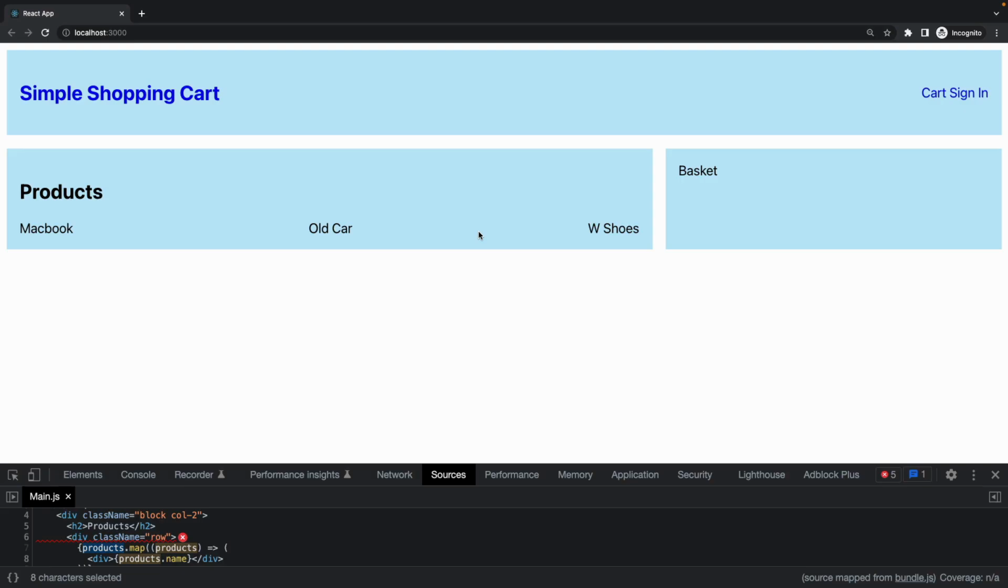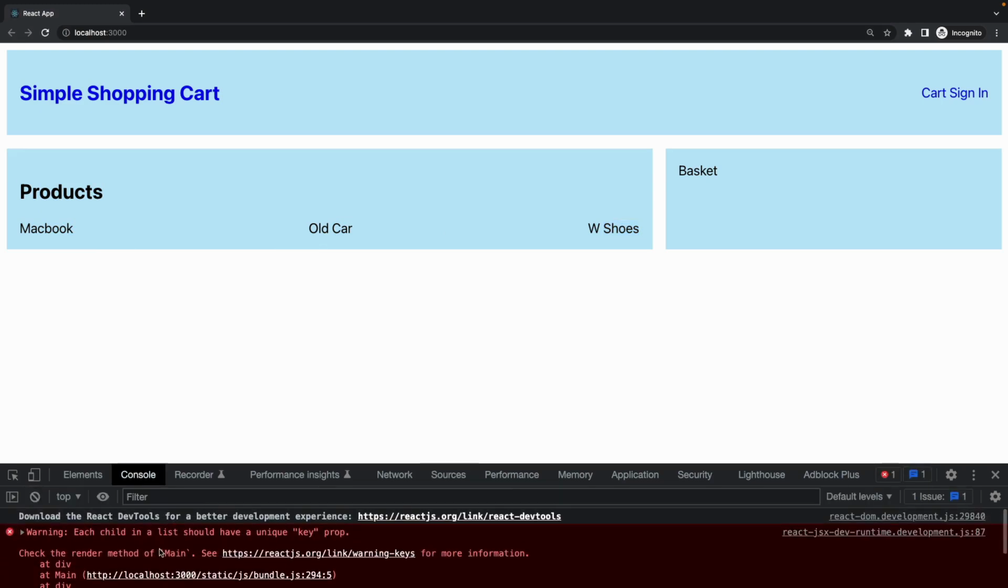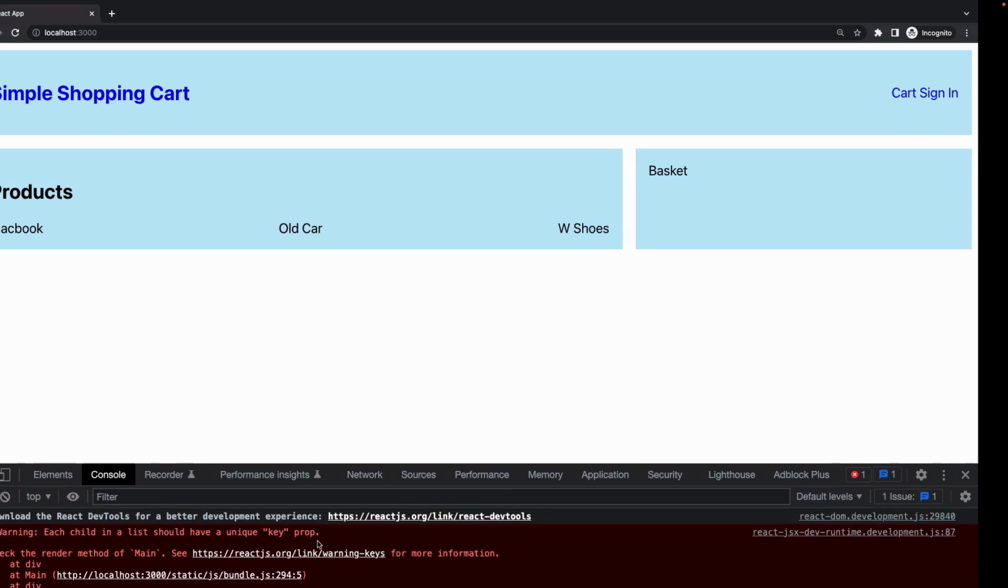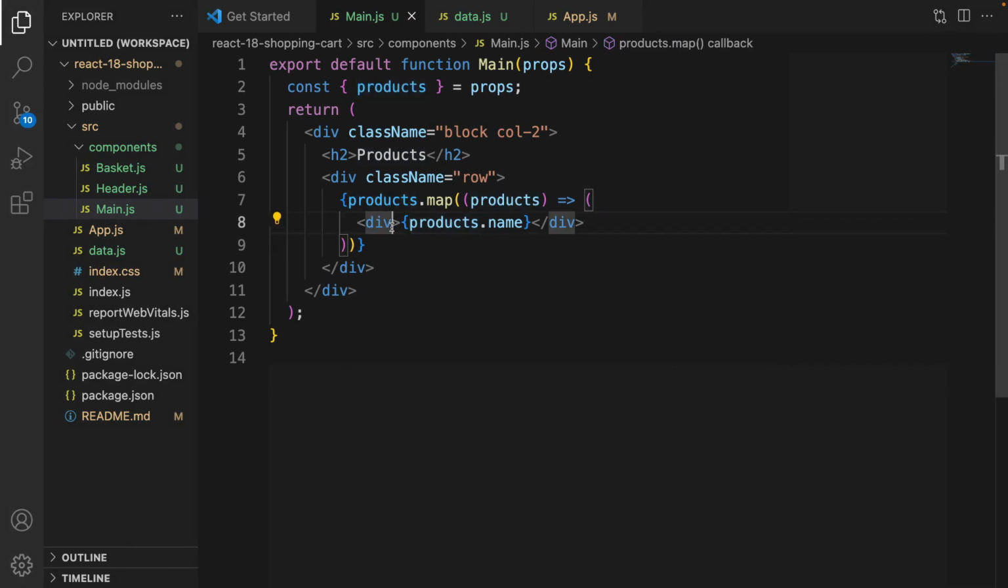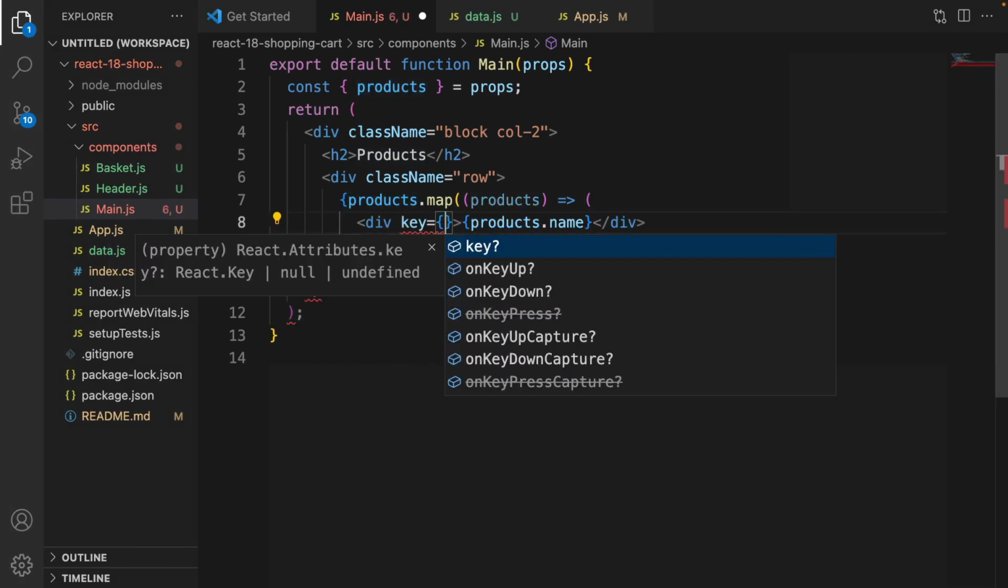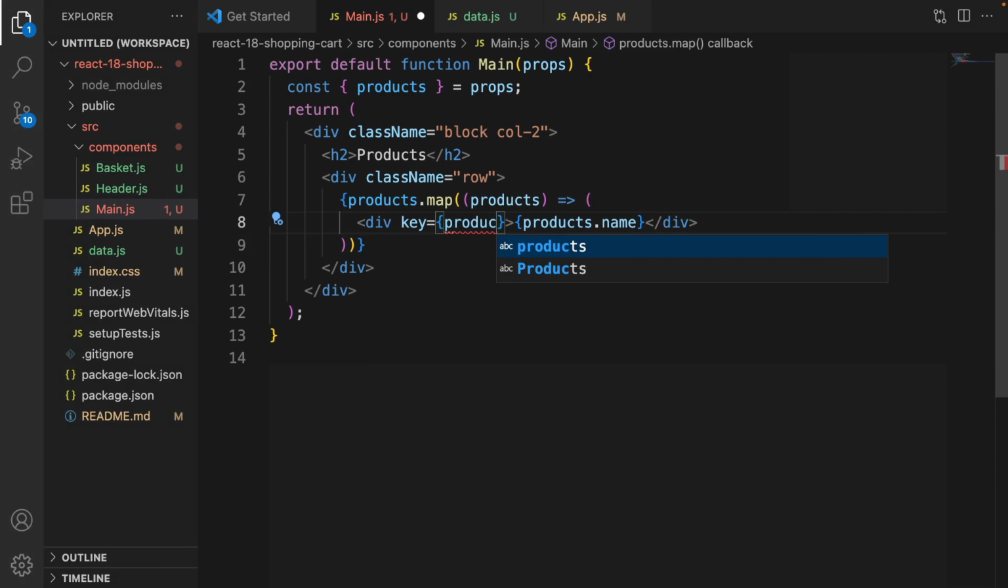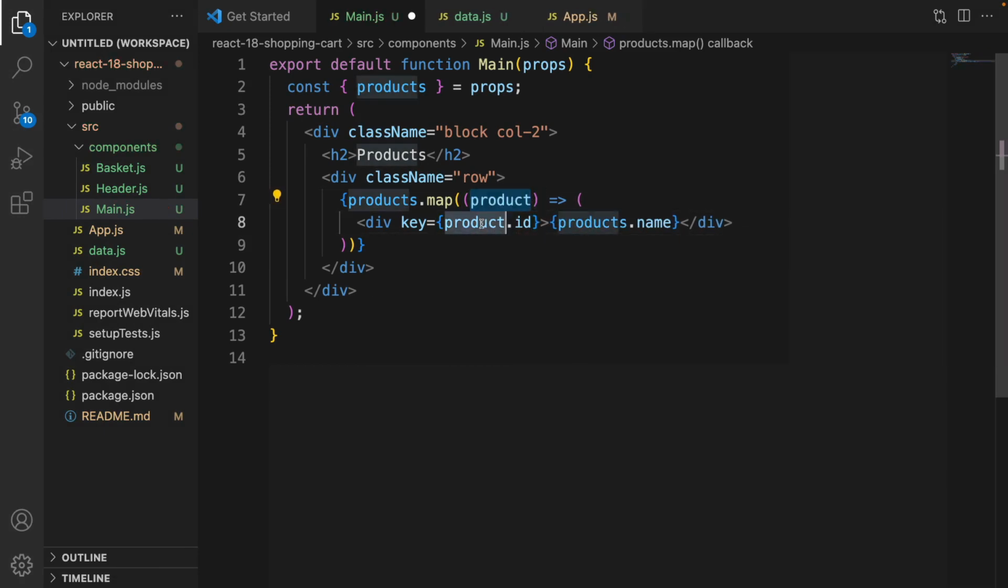Let's test the result. This time it works. We have products and we have the name of products here. If we refresh the page, we are getting another error, and it says each child in a list should have a unique key prop. To fix this issue, just set key equal to product.id. Let's rename it to product, not products, here, and here. Save the code,